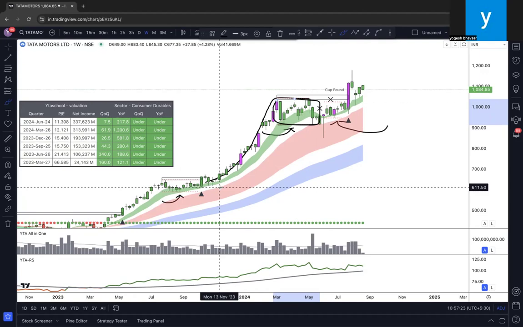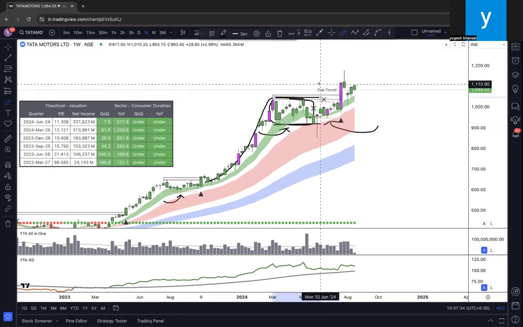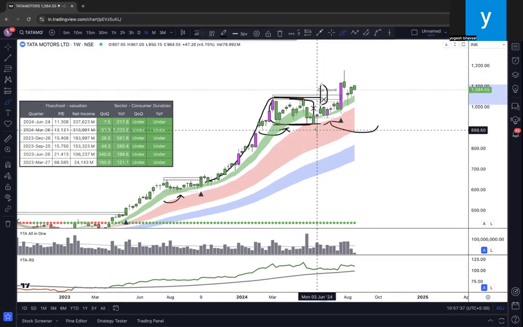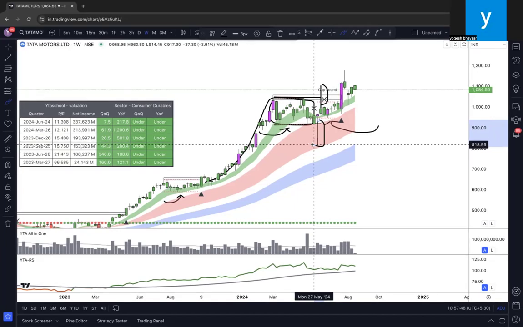So what happens? A lot of sellers will think, okay, fine, this is a good price to exit. They will start selling. But the people who want to buy feel that at this support, it's a good price. They will start giving the support. Now, which side will it break, here or this side? It all depends upon what kind of news is coming in the company at that point of time, or what kind of market is going on externally, geographical conditions, internal problems, everything. And whichever hand, the buyers or the sellers, dominates at that point of time, the stock will take that direction. Over here, what happened?